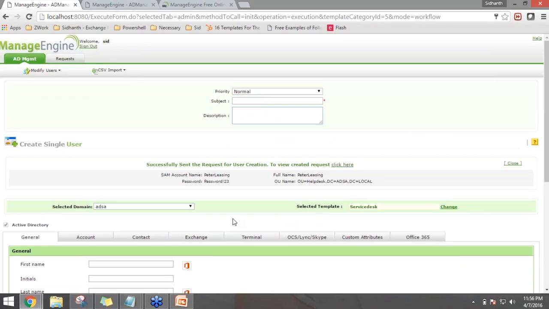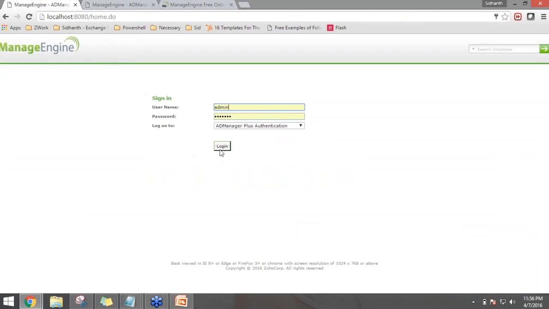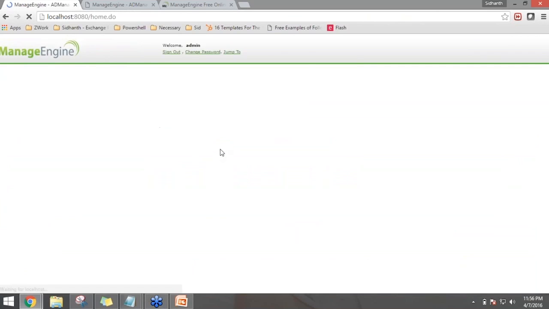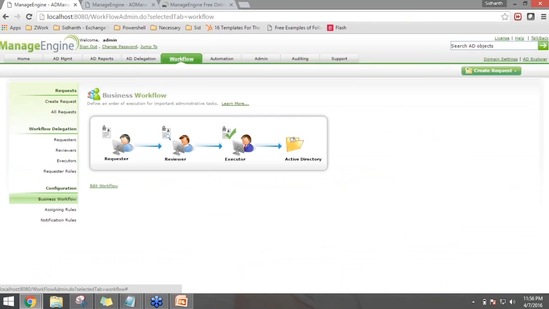Now you might wonder, where exactly is this ticket going to be stored? Once I receive a notification, yes, you heard it right, notification. The workflow over here will also help you define notification rules as well. We will cover that shortly. What happens is, once the request has been raised, you will find that request under the all